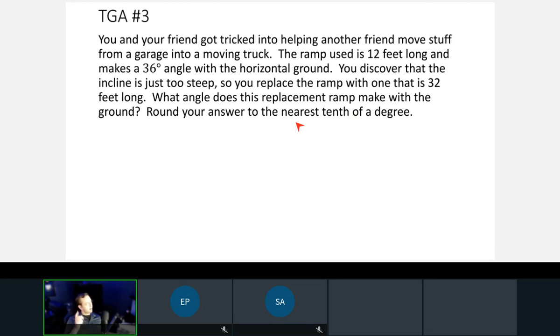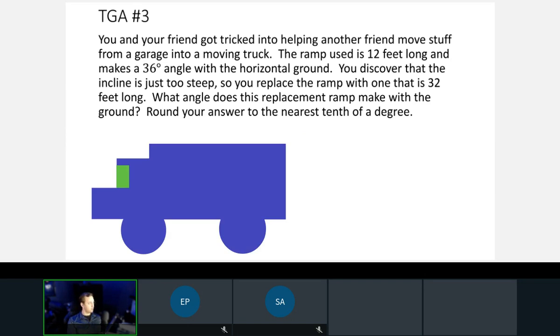So I did a problem very similar to this. It was different on Bellwork. It's different because I think on the Bellwork, I asked how long is the ramp, but in this problem, your TGA, I'm asking you the angle of the new ramp with the ground, which is very different mathematically when you do it. Setup could be the same, but math is different. Draw a picture, and for the morning class, I drew a truck. So there's my truck, and then